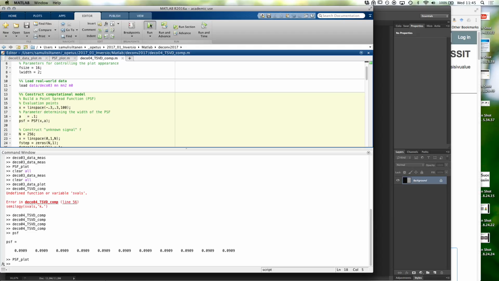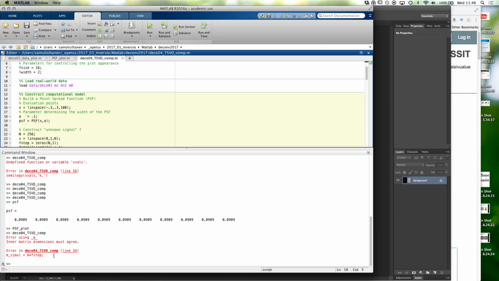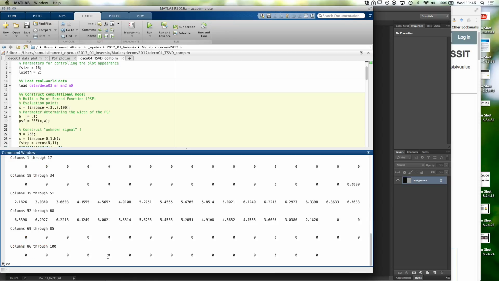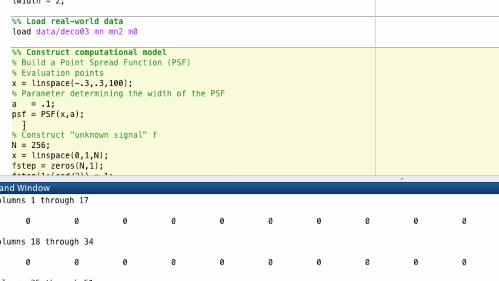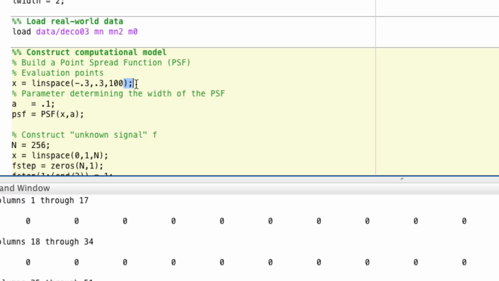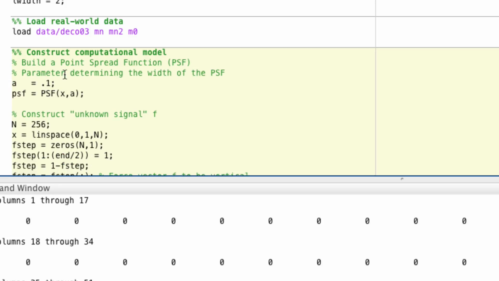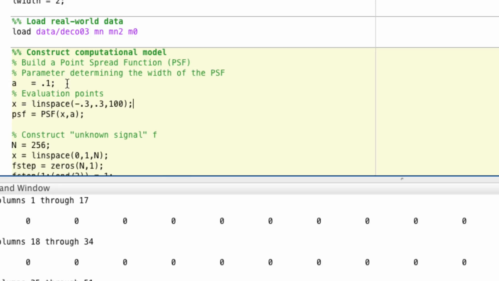Okay, let's see what happens with this. What is the PSF here? Oh, it's so long. Maybe this should be 5? Should it just be even smaller a? Should we go from minus a to a here, and